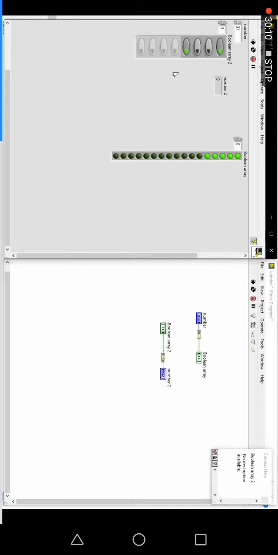So always, in LabVIEW, both the functions, Number to Boolean Array and Array to Number, follow the LSB bit first, then they go to the higher MSB bit. 1, 2, 4, 8 only it will follow, not 8, 4, 2, 1. So this is very important, kindly know this one. Now let me delete this one.